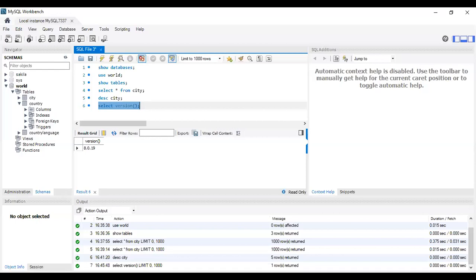To do these things from your Python program, you should first know how to work with MySQL: how you can create the database, create the table, create the records, change the records, and delete the records.